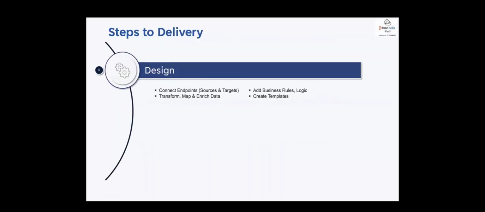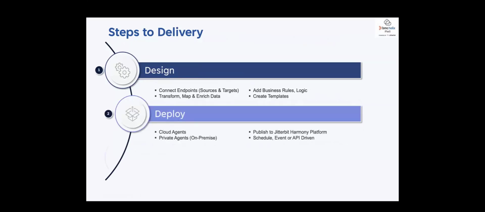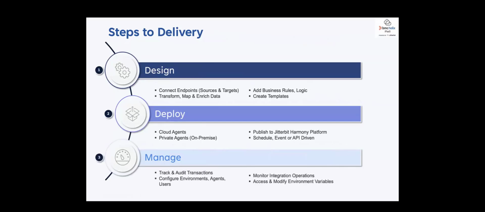This is more like what Cody will show when he comes in and does the demo. These are the three steps involved in building a connector, building a template, deploying it, and managing it. Managing is more around the day 2 activity. But from a design standpoint, the first thing is connecting the endpoints. What is your source application and what is your target application that you want to connect to? Then add the business logic or the rules around it. If there is any data enrichment or mapping changes that you want to make, you can make them,